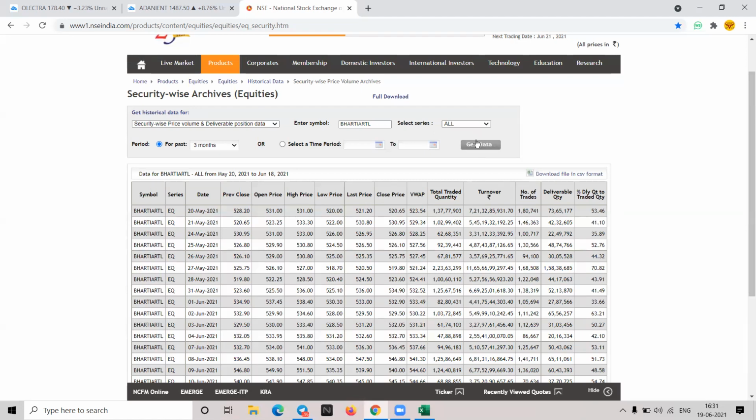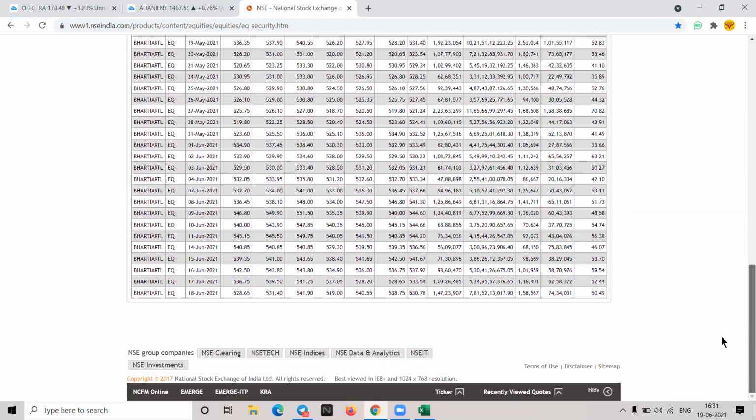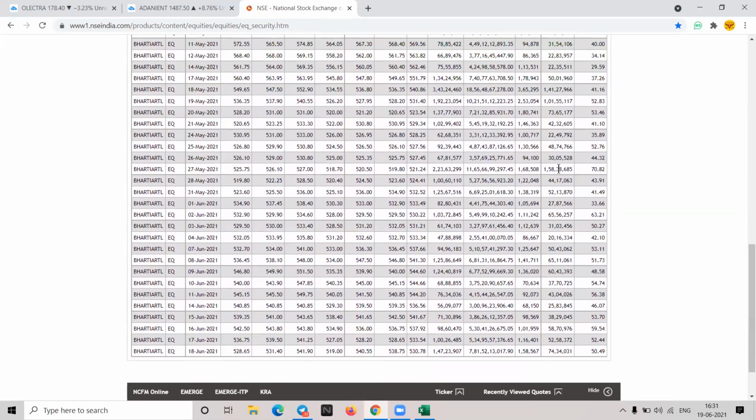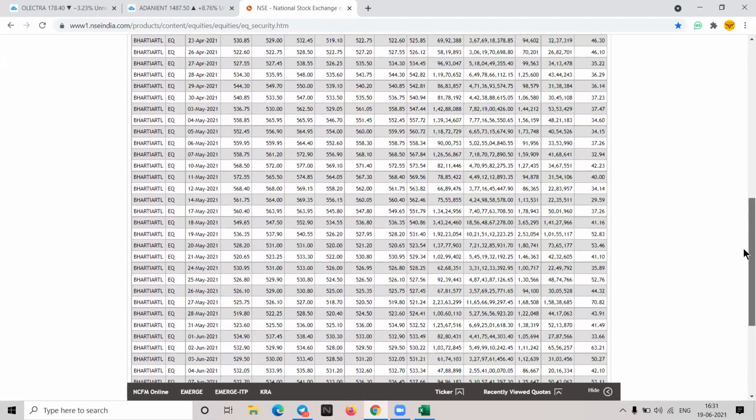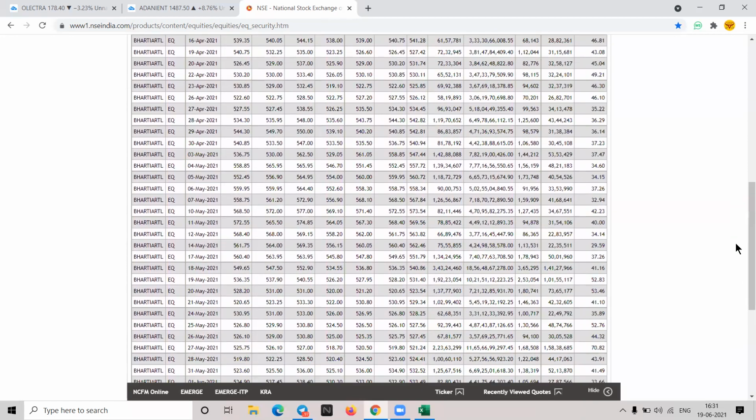So now I'm just looking at 3 months data. Okay. So in 3 months, this is what we were looking at. On 27th, there was very high delivery. This is the highest in the past. Okay. In the last one month or 45 days, there is no delivery quantity more than this. So this could be picked up. This will give you an easy 10 to 15% or even more than that. Okay. Yes, sir. So this is the process. You have understood what all things we are doing here. Yes, sir. Any doubt? No, sir.